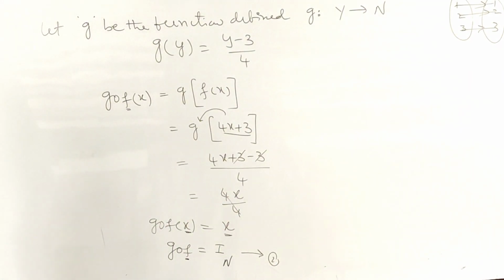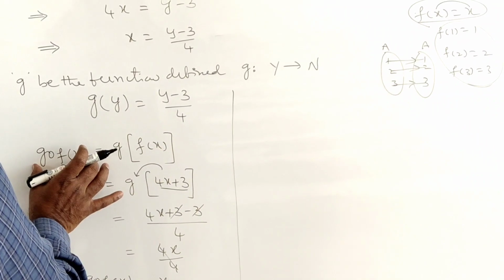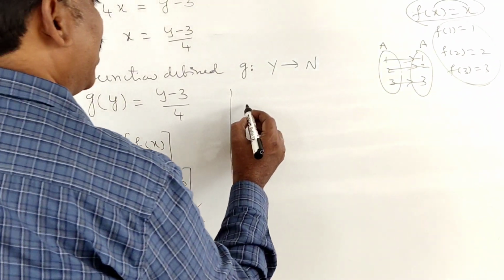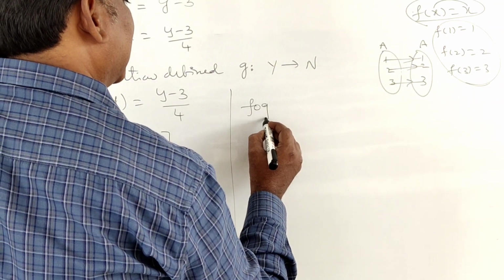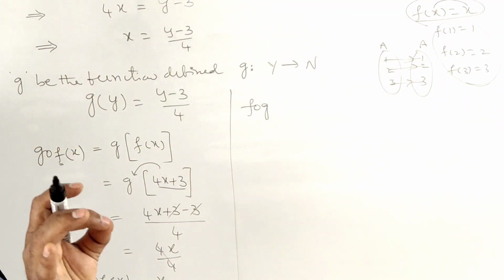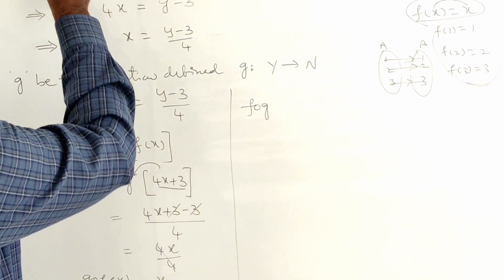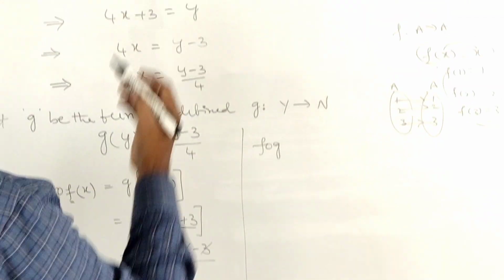This is equation 1. Understood, students? Right. Now we have to calculate one more. Composite function g circle f is over. Now we are going to calculate f circle g. While writing f circle g, you have the very important thing. Here g circle f after x, because the function domain is in x.